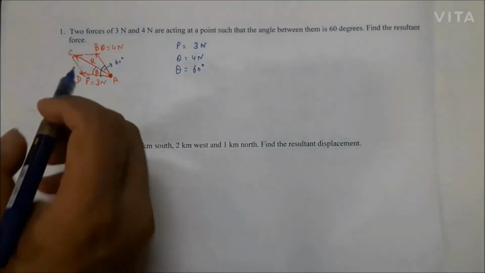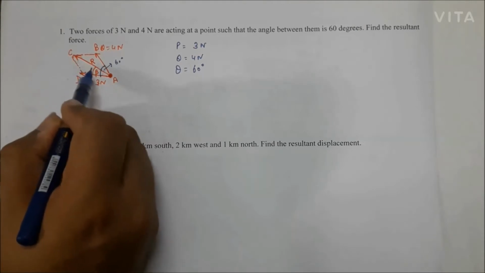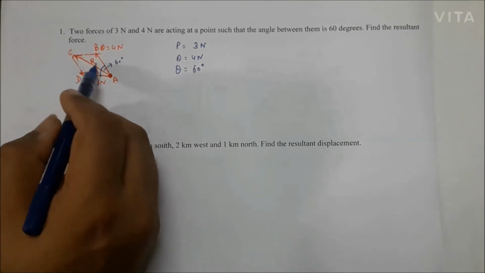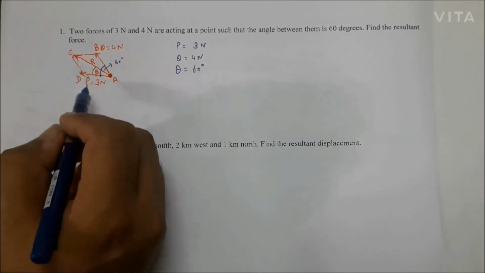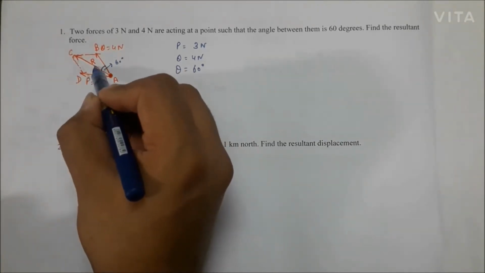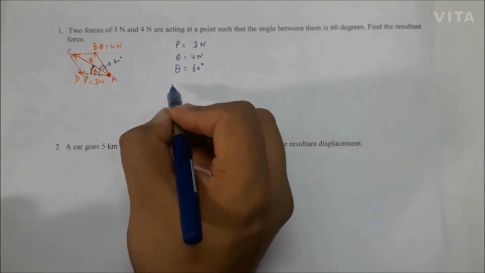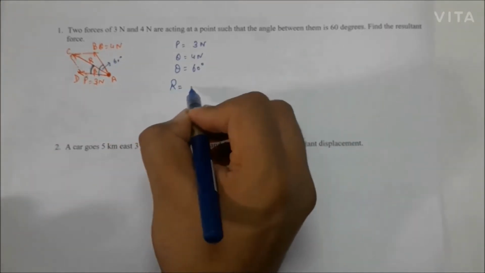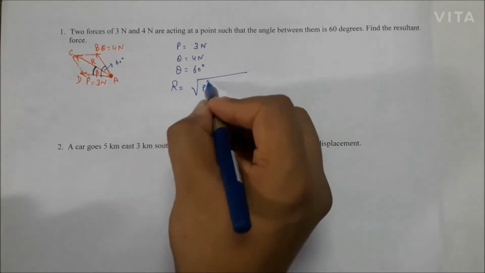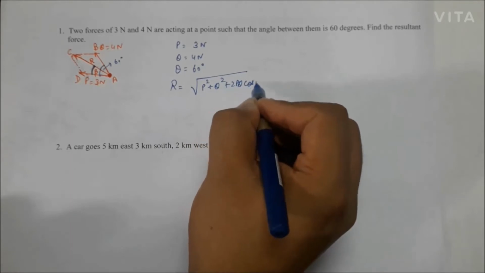Now what you have to calculate? You have to calculate the value of this resultant and direction of this resultant, and R is the resultant vector, so R will have both magnitude as well as direction. The direction we will represent with this angle beta. So let's start our numerical. Firstly let's calculate the resultant. The formula of resultant vector will be R = root of P square plus Q square plus 2PQ cos 60 degree.